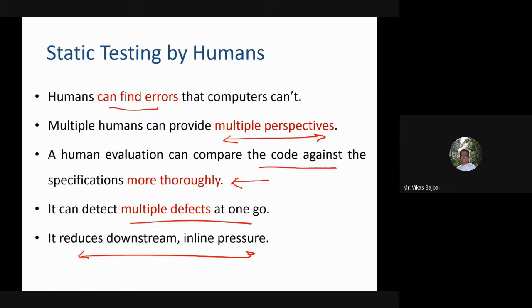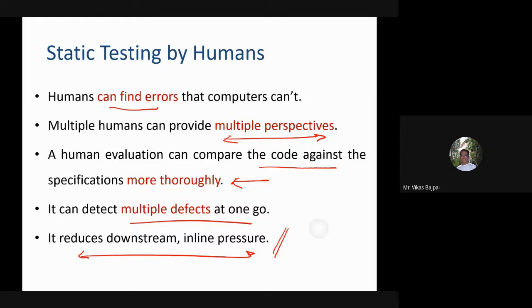Once I have identified some errors initially, it reduces the inline pressure, meaning for the subsequent levels it would be reducing that part.